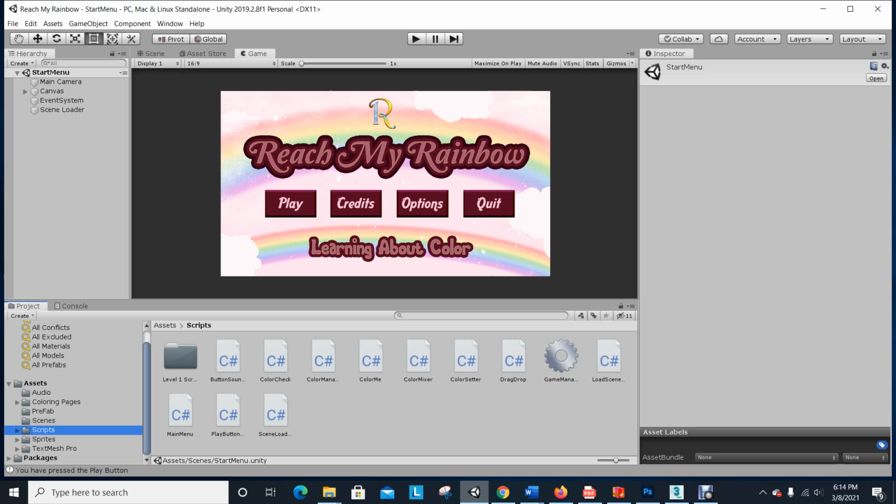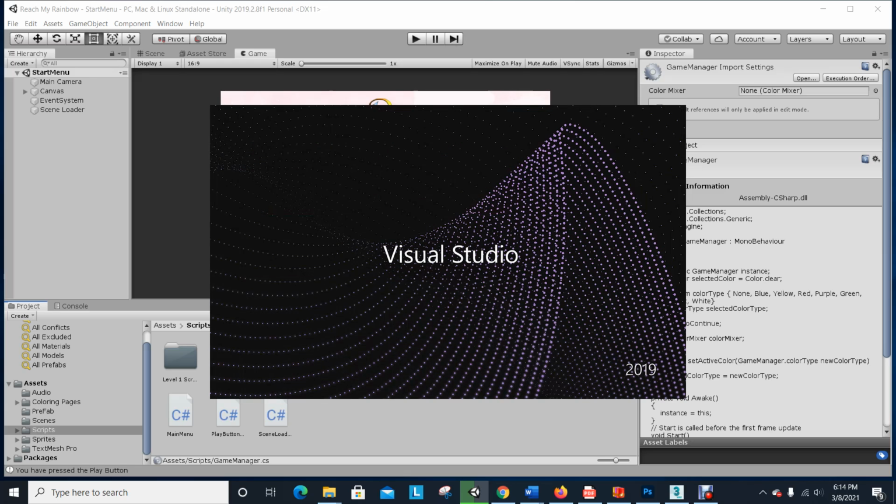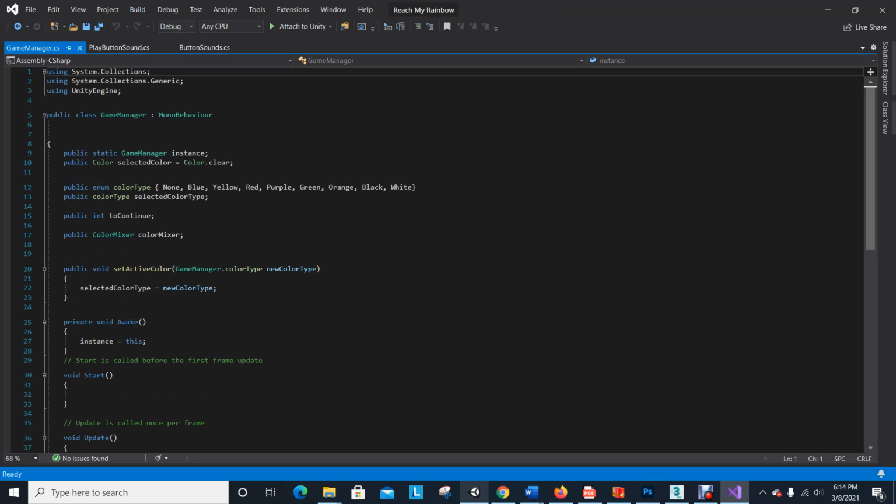So these are all my scripts for this game. Heading inside some of this, it has a game manager. As soon as it clicks on, come on, Visual Studio, come on, you can do it. Okay, anyway, for the game manager, I made a public enum with all the colors